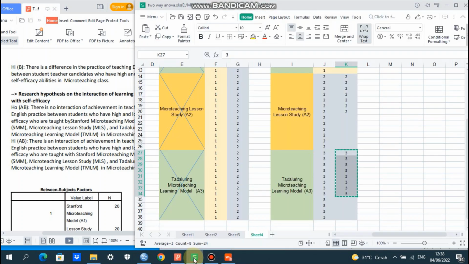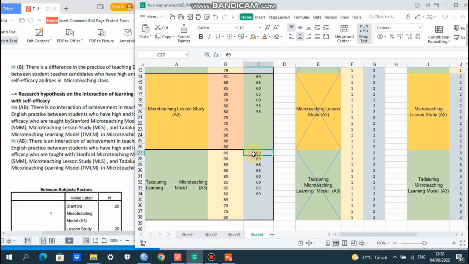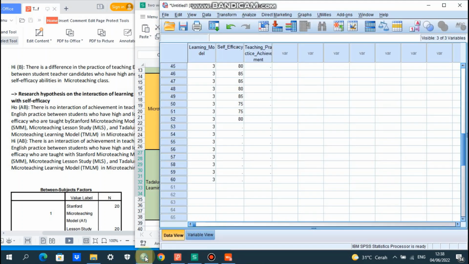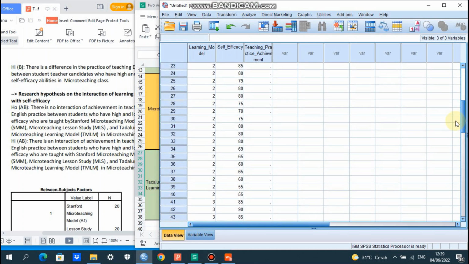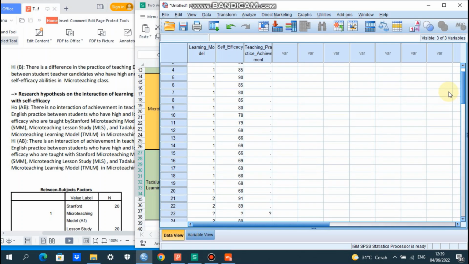And then we copy the scores of low self-efficacy students joining the Tadaluring micro teaching learning model, and then we paste it here. It's already full.